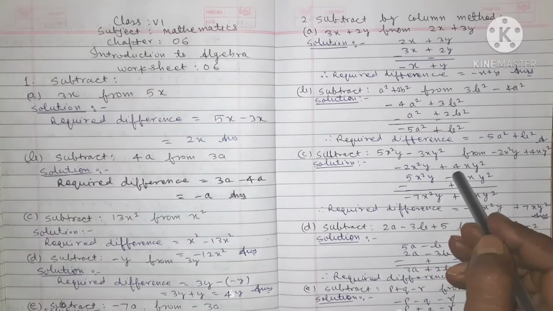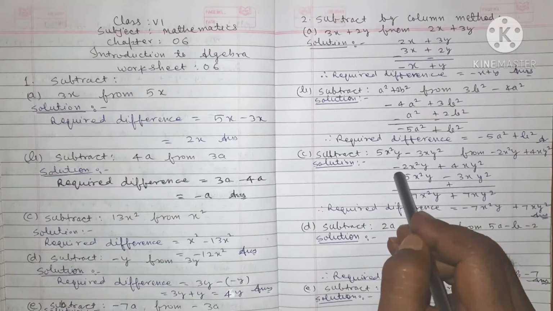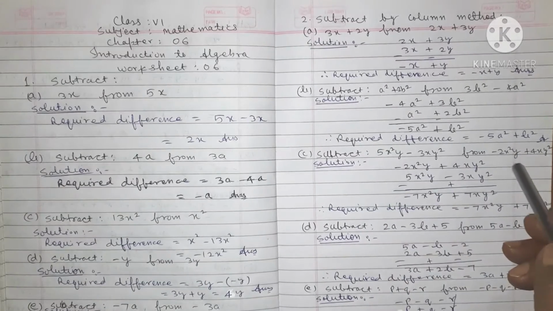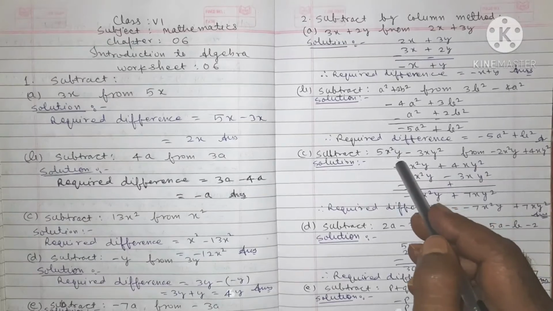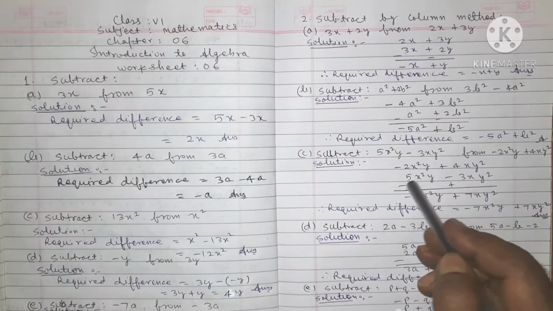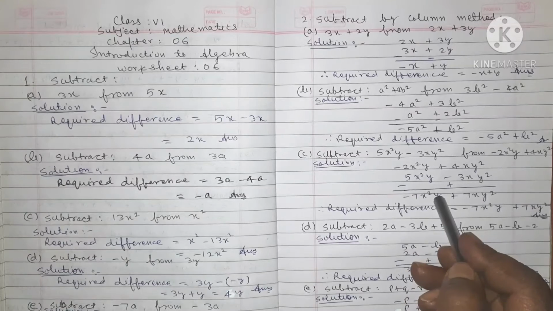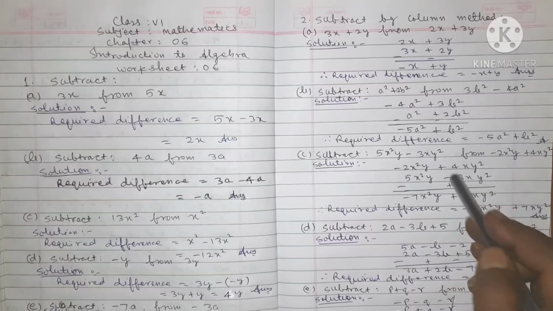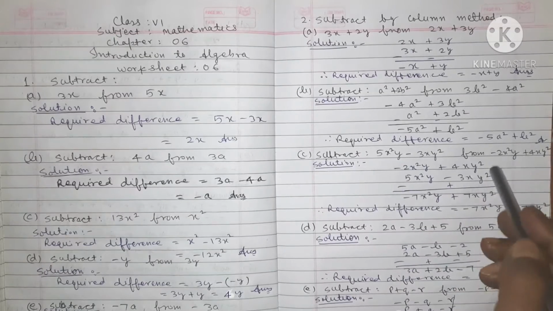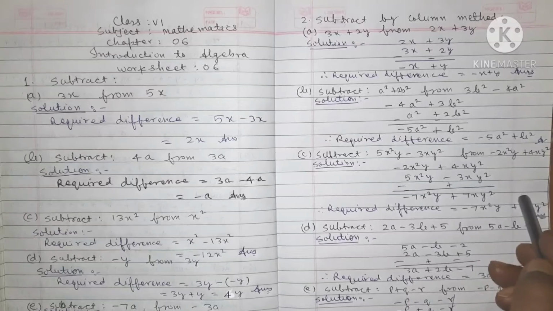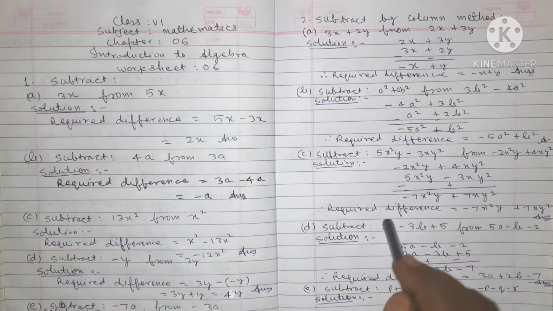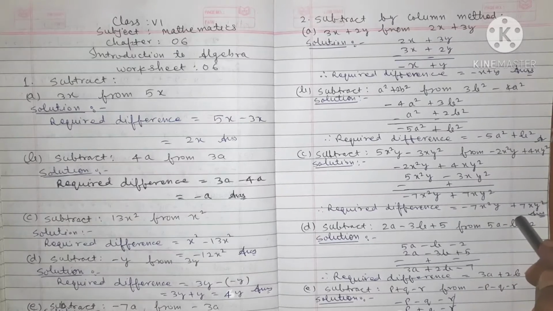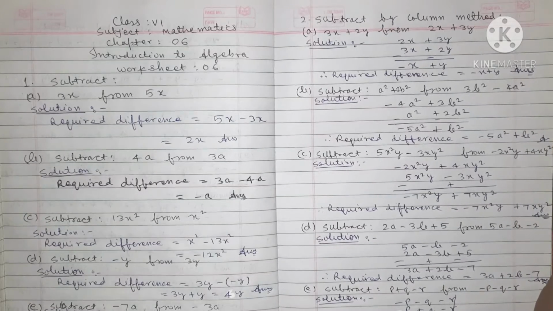Now we do not see these signs, minus and this plus. We see this plus sign and this minus sign of the second line. Now in the first column, minus, minus, plus, we do plus. 2x square plus 5x square is equal to 7x square y. Now both are minus, sign is minus. Now here plus, plus, plus, we do plus. 4xy square plus 3xy square is equal to 7xy square. Both are plus, sign is plus. Therefore, required difference equals minus 7x square y plus 7xy square. This is the answer of question number 2C.